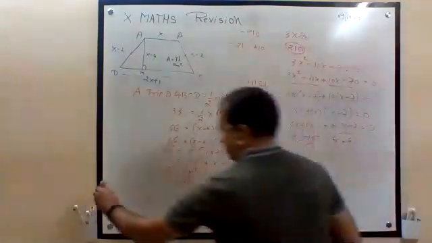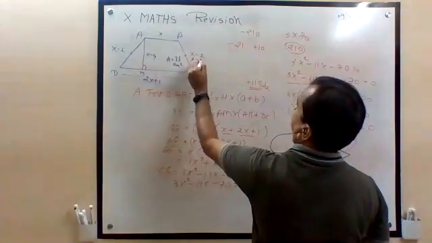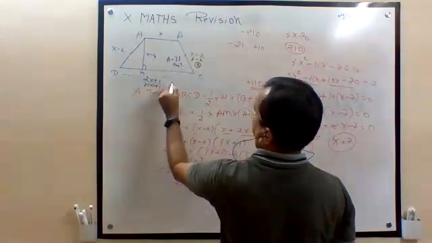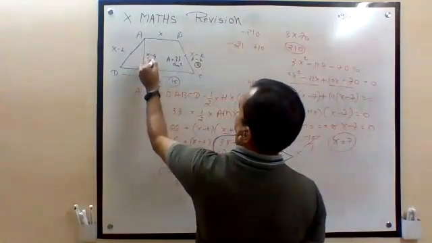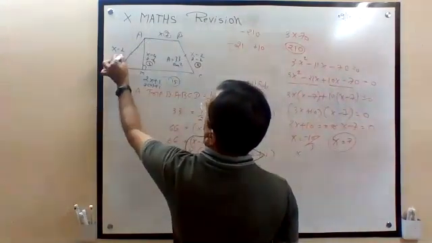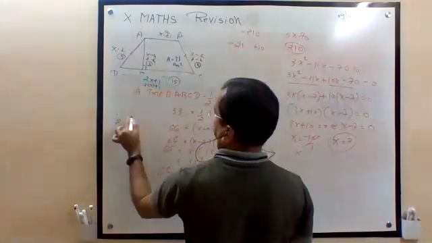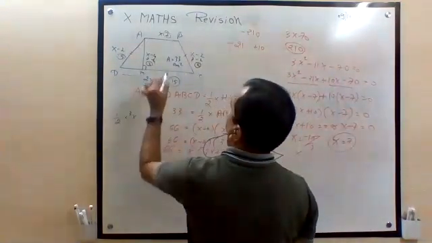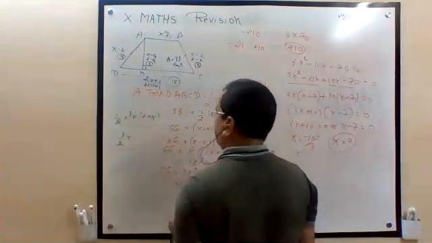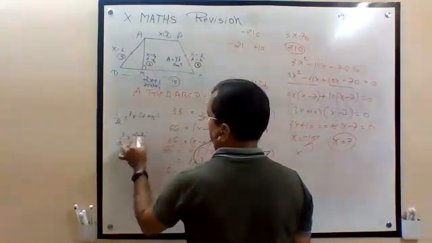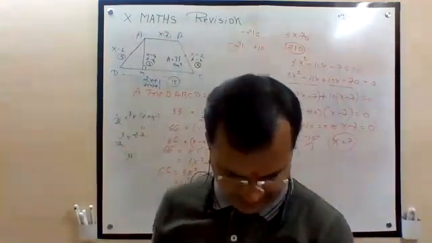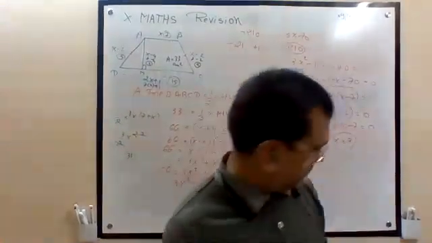Then substitute 7. 7 minus 2 is 5. 7 2s are 14, plus 1, 15. 7 minus 4, individually you have to find out. This is 3, this is 7, this is also 5. Now, half into height into sum of parallel sides, 7 plus 15. So 3 by 2 into 22, that is 33. So your answer is correct. Next.